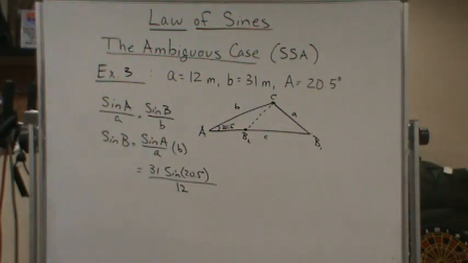Hold on. Let me just calculate this. Okay, so 31 times sine of 20.5 divided by 12. Okay. And now what I'm going to do is